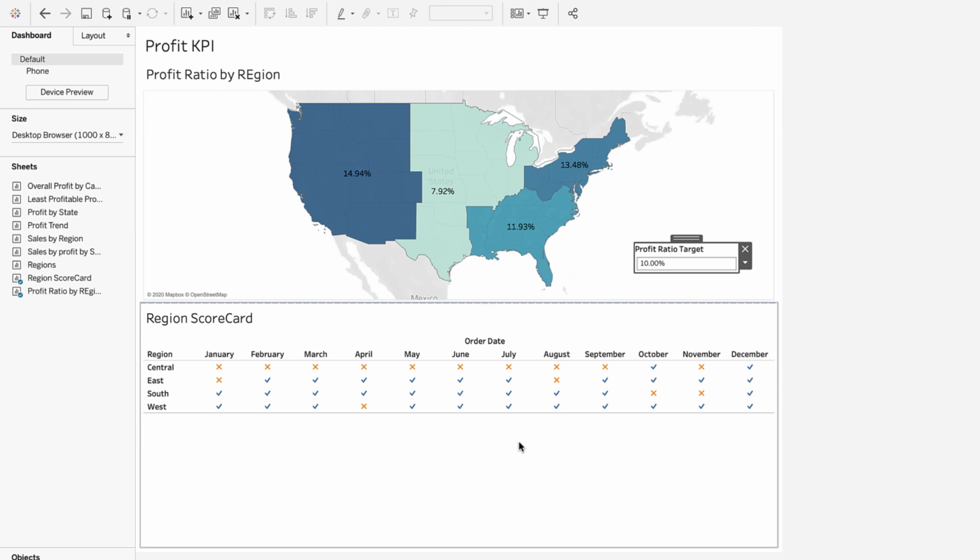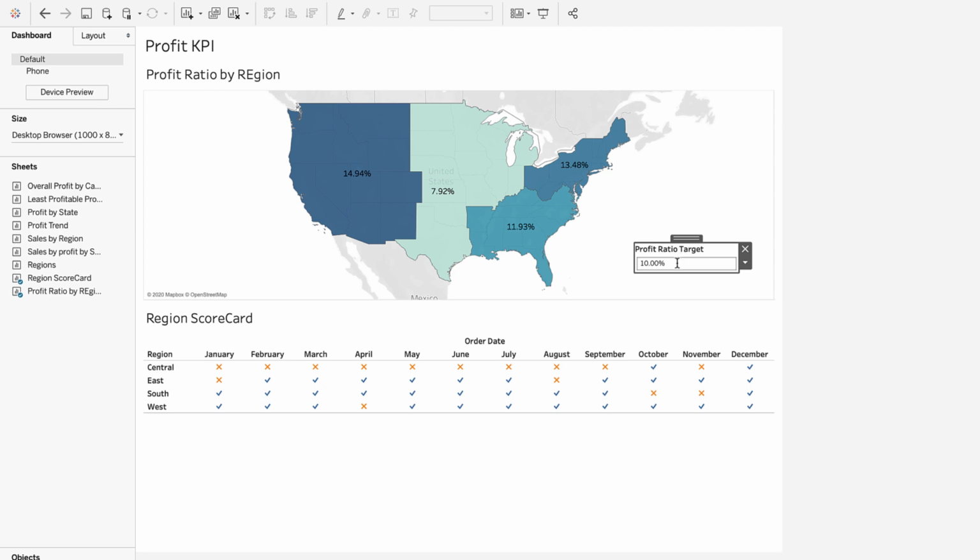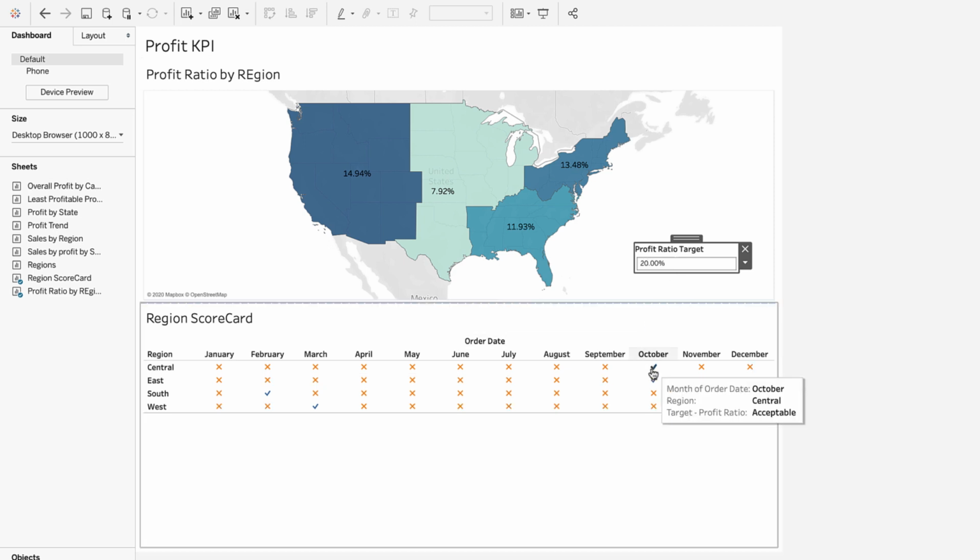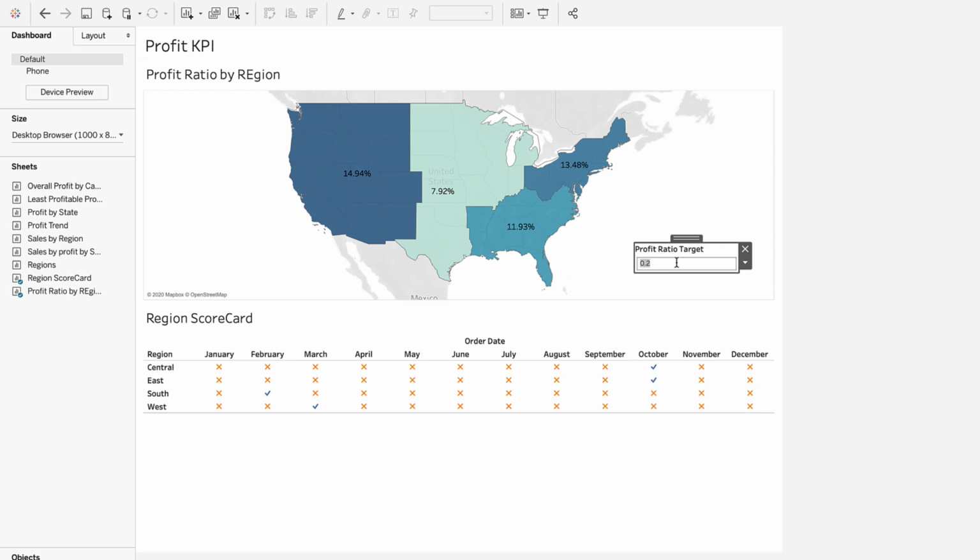We see more of the regions meeting that target across different dates. If I go up to 20%, we're going to have very few regions and months that are reaching that target. And so again, this is just a simple dashboard, and really the only interactivity in this dashboard is the parameter